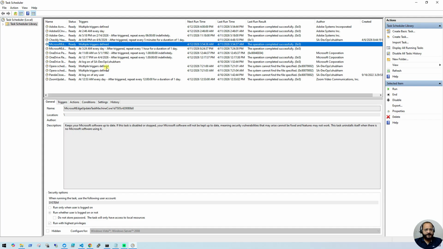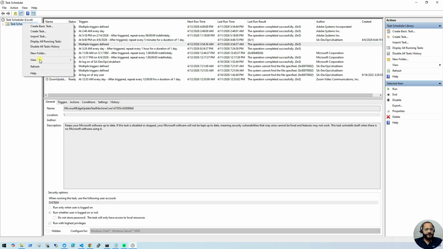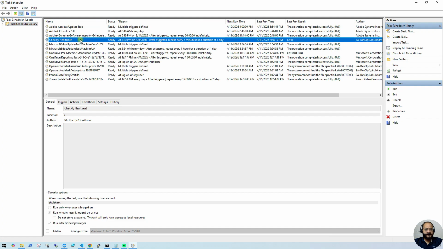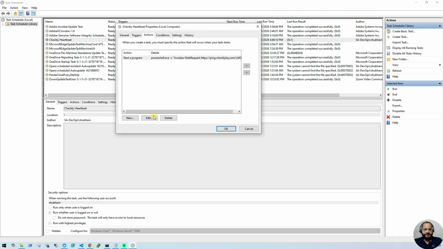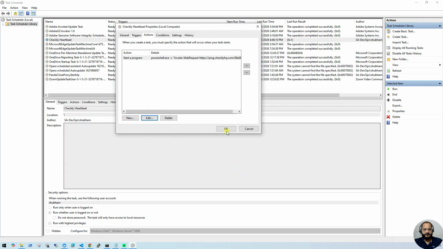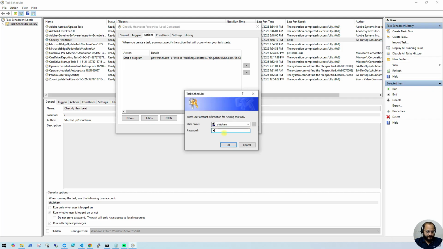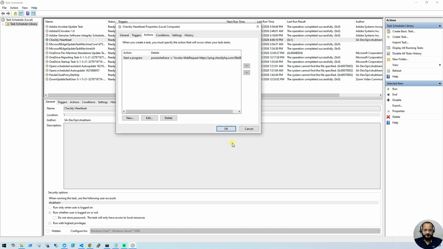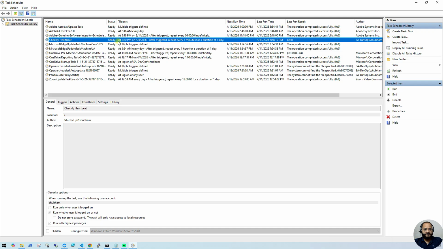Okay, let me see if I have, let me refresh it. Okay, so here I have one task, Checkly heartbeat. Let me edit it and let me go to actions. I will edit the sections, and here I will simply change the argument, the URL which we get using a heartbeat monitor. So let me click OK, and let me provide the password here. Okay, now if I run this task,